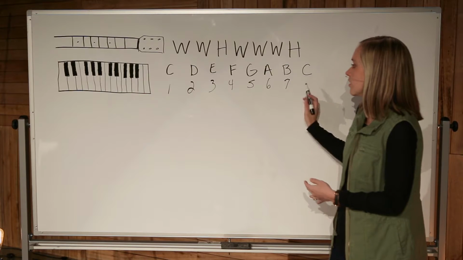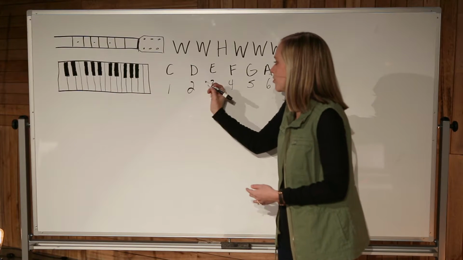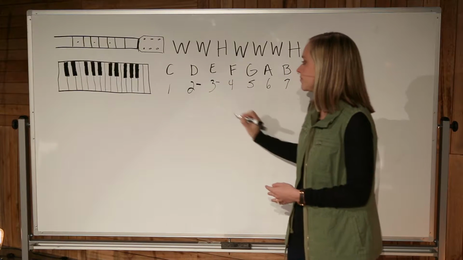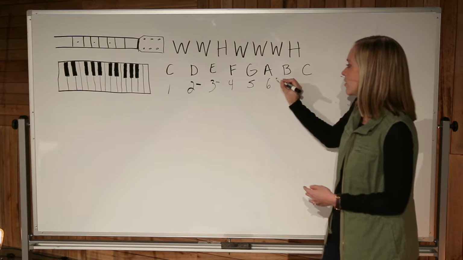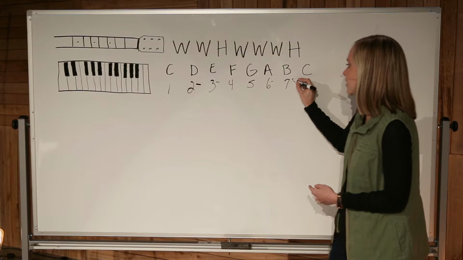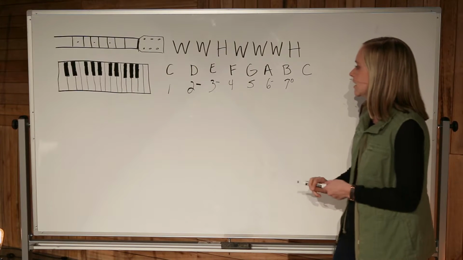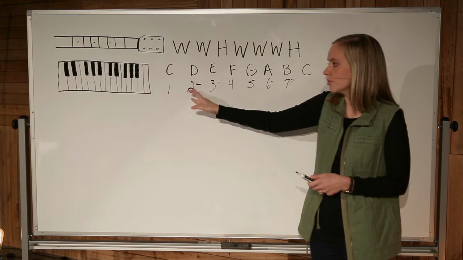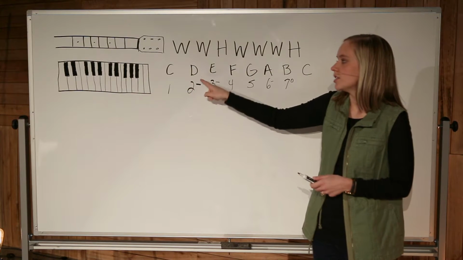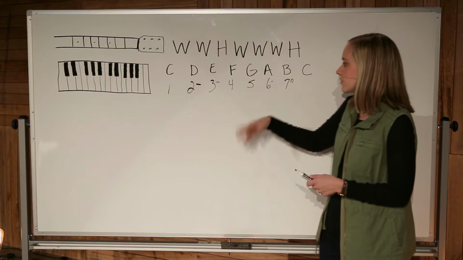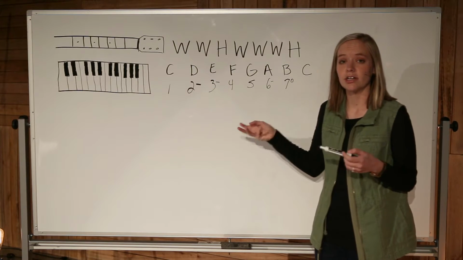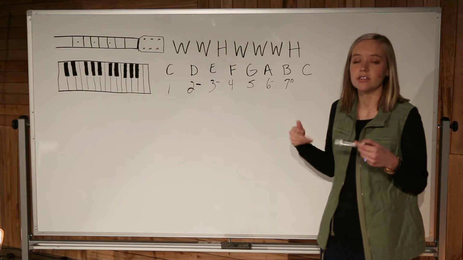So when we look at these scale degrees, the 2 chord will be minor. We notate that with a minus sign. The 3 chord will be minor. 4 and 5 are both major, 6 will be minor, and 7 will be diminished. We'll use this little circle for that. So anytime you see a 2 with a minus sign in the key of C, you know it's D minor, and vice versa. The more quickly that you learn the scale degrees in each key, the simpler and easier the